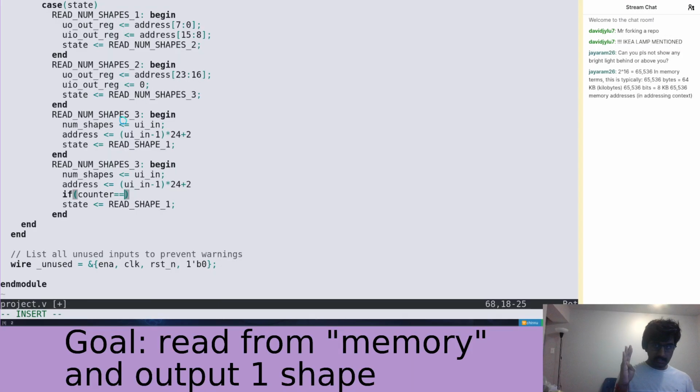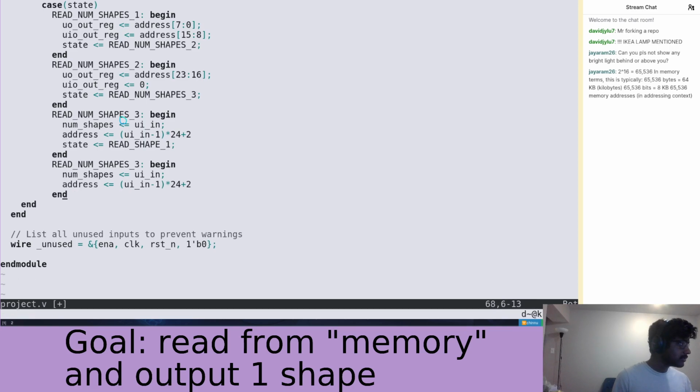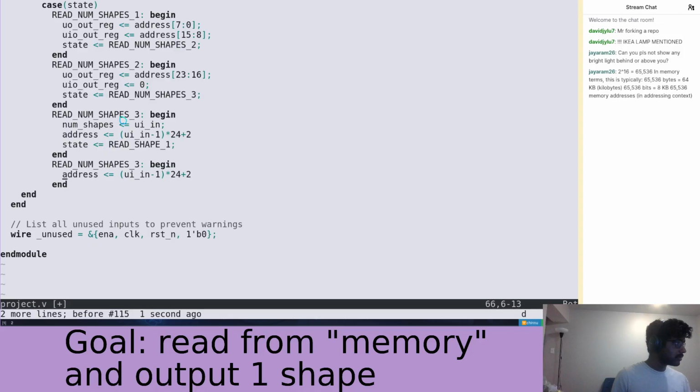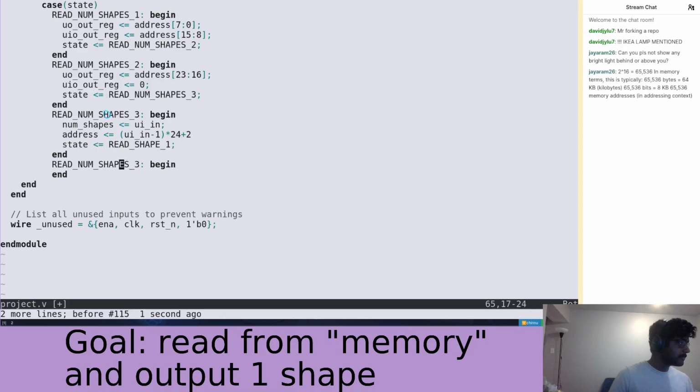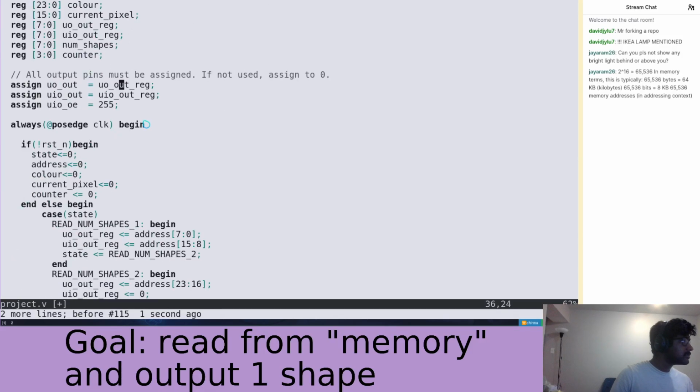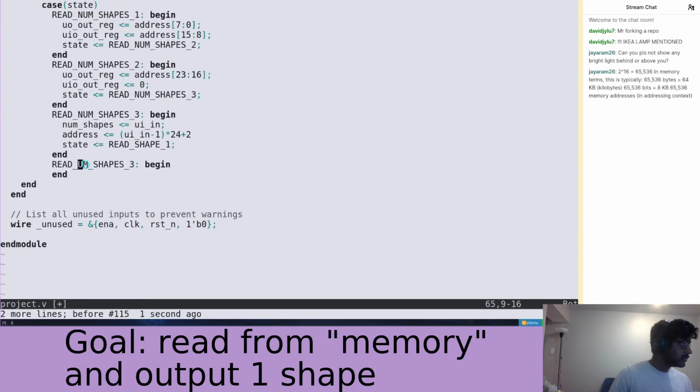So if we see 3, that means we've gone through 4. So if counter is 3, the state will go, oh, that's at the end. Hold on. This is going to be read shape 1. So read shape 1, right? So obviously